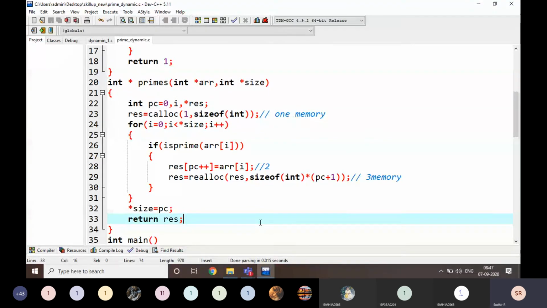You have to free up the memory, free of, that's it. But when we are going to initialize the memory, we are going to take two functions, malloc or calloc. Is it clear, everyone?